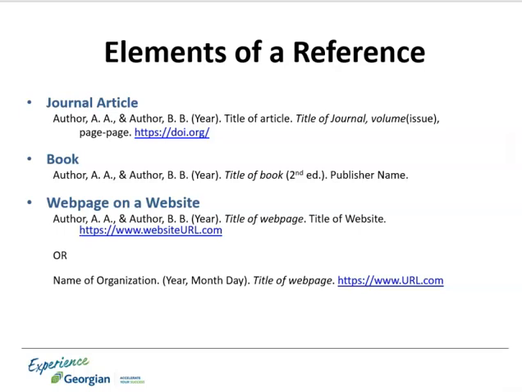In all cases, you may have a source written by an organization rather than a person. This is perfectly fine. Simply swap out the author names for the name of the organization, for example, Georgian College. The main difference this makes in terms of web pages is that you no longer need to include the name of the website after the web page title when creating a web page reference. Instead, the organization is used as your author, and your web page title will be in italics before the URL.